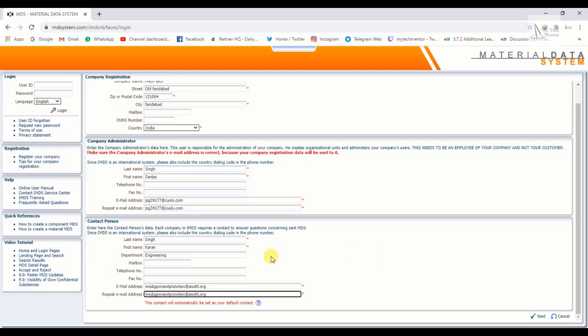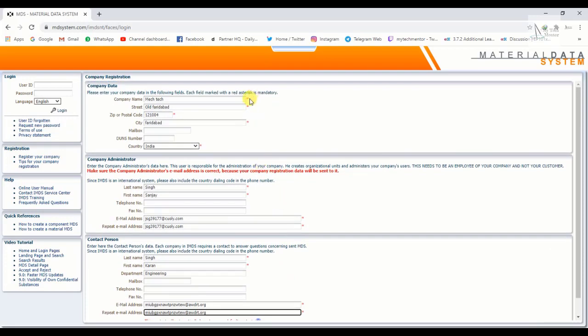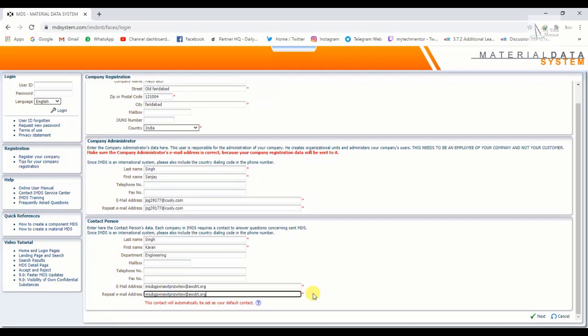Okay, check all star mark boxes. All filled. We can proceed.